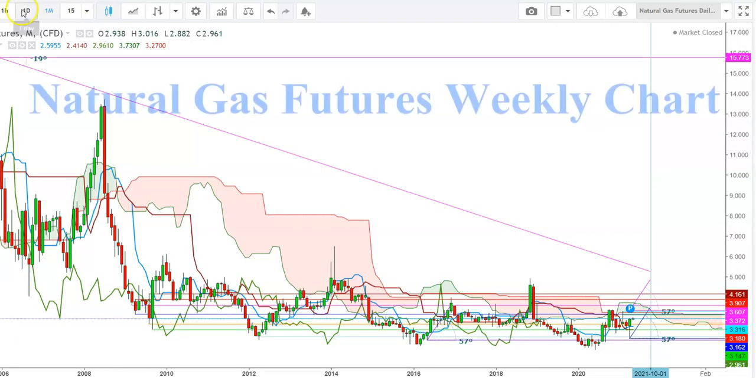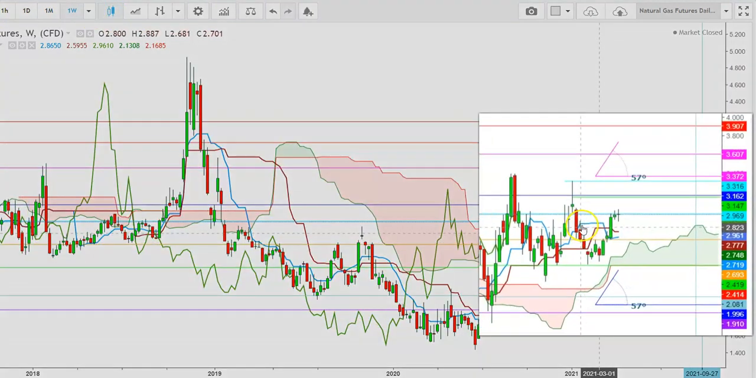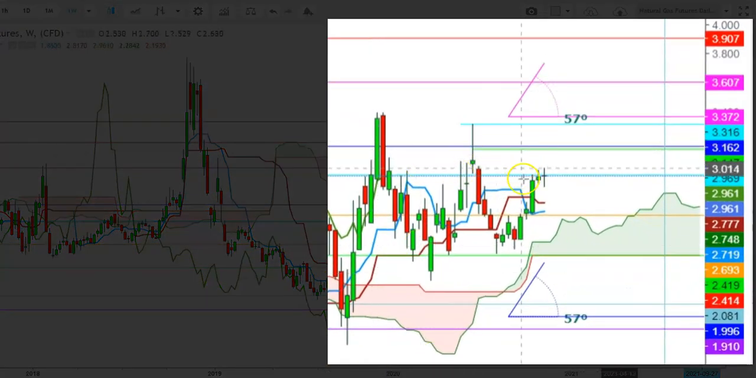Friends, now let us check this move in a weekly time frame. So friends, here in a weekly time frame, you can see that the natural gas futures have been currently sustaining well above the upper end of Ichimoku cloud, which confirms the continuity of another trend in natural gas futures. So here you can see how the 9-day moving average is trying to tilt upward,